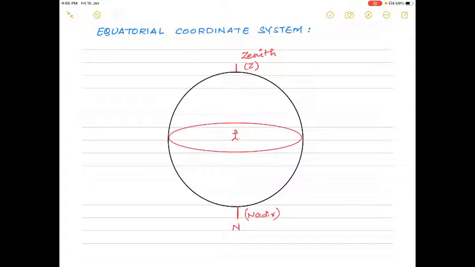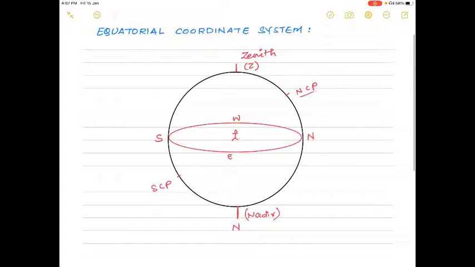Now, depending upon the position of the observer on the surface of Earth, and here we are considering any arbitrary position of the observer, we have to define a north celestial pole and south celestial pole of the observer. The point on the horizon of the observer which is nearer to the north celestial pole denotes the north of Earth. This is south. If you know north and south, you can get east and west. So this will become east and this will become west.